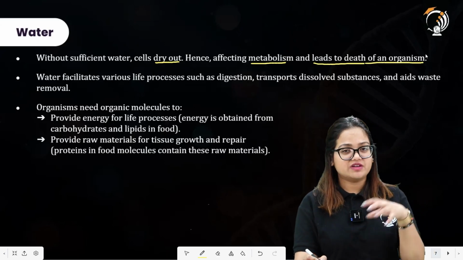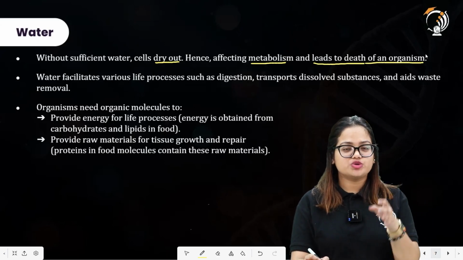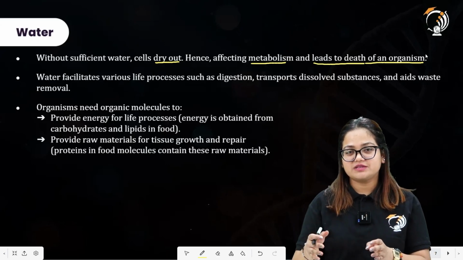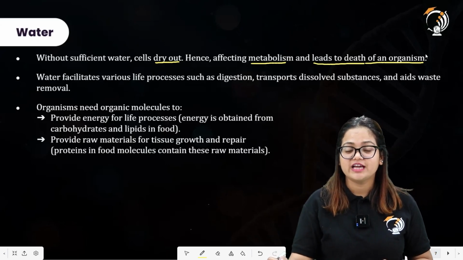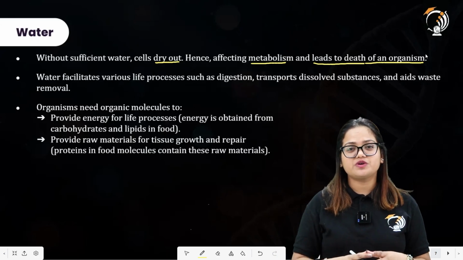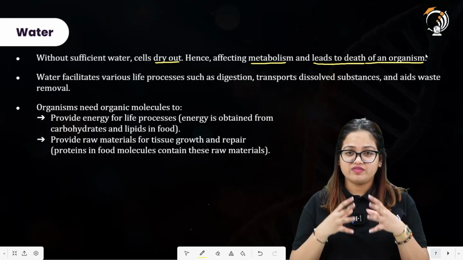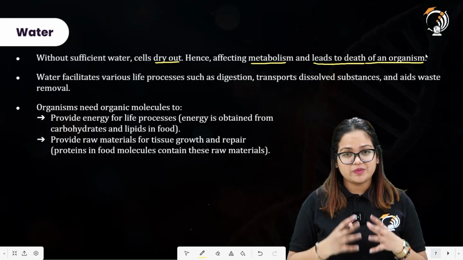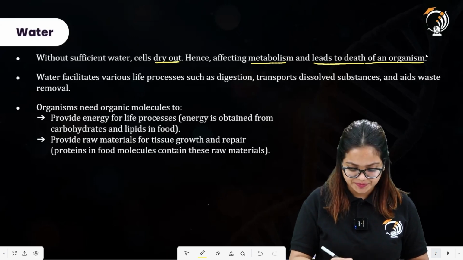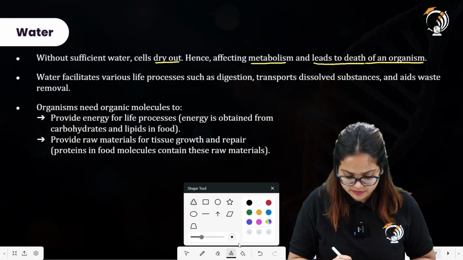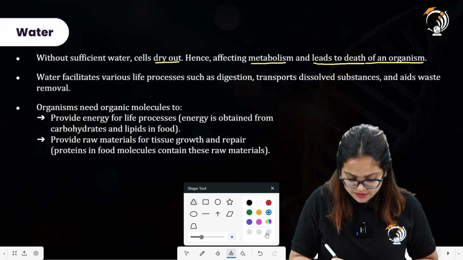So basically, whenever a cell is going to die, the tissue will die ultimately, and the organ system, and hence the organism. All right. So water is the main constituent of the body, of the cell, of the living organism as well. It is very crucial to sustain life. All right. Then we will consider here that